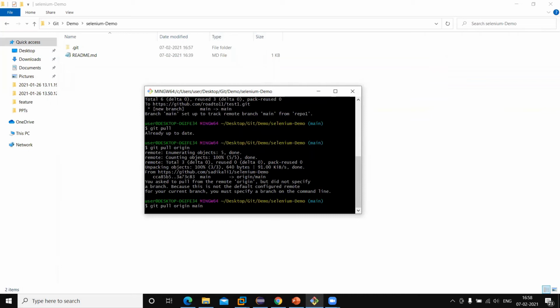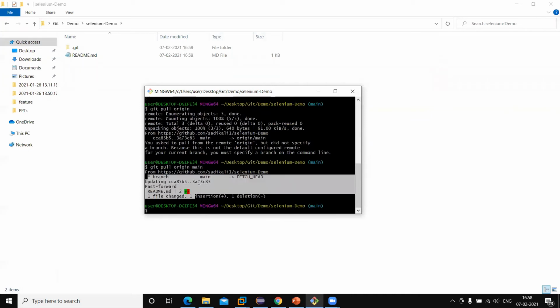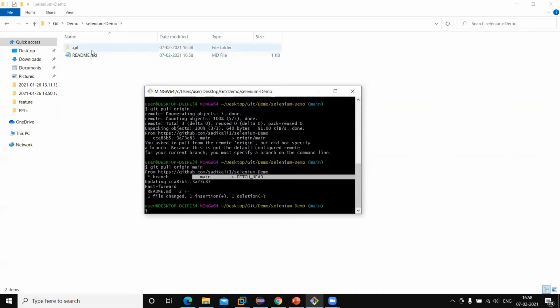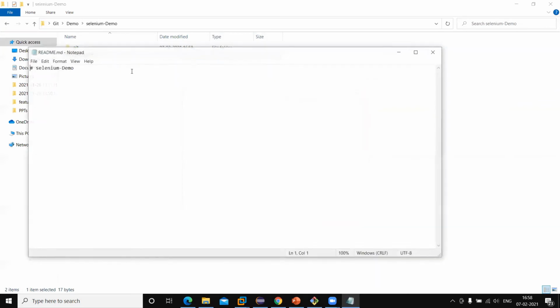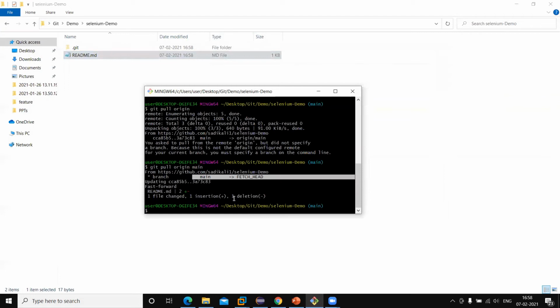So this will automatically download and also merge into the main branch. Now this is merged. Okay, so if I open this, you can see that this is removed. So if we are going to pull or push the code from the remote repository, then we need to mention the repository, from which repository and which branch we are going to pull and where we will merge.